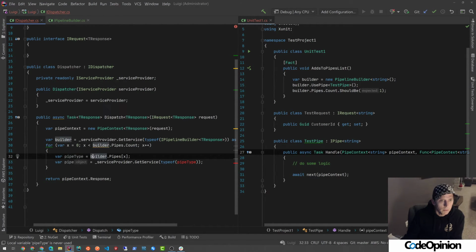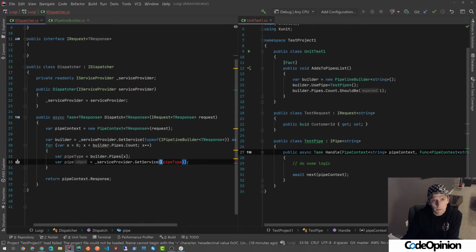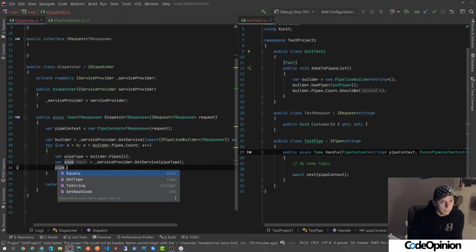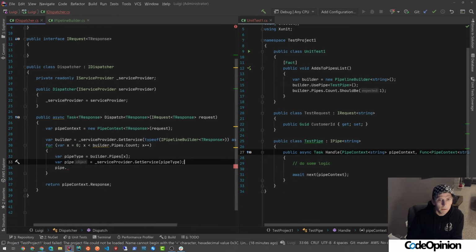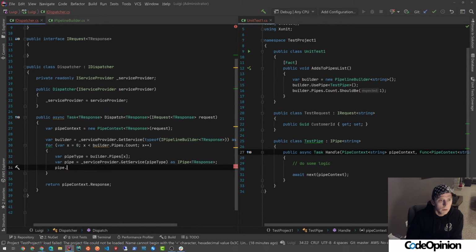Builder, pipes, X. Oops. That's our type. Oh, I don't need typeof. That's why. Pipe dot. Oh, this was as IPipe of TRequest, TResponse. Handle. And then here I'm going to pass the pipe context. And then the next pipe. So the next pipe will be